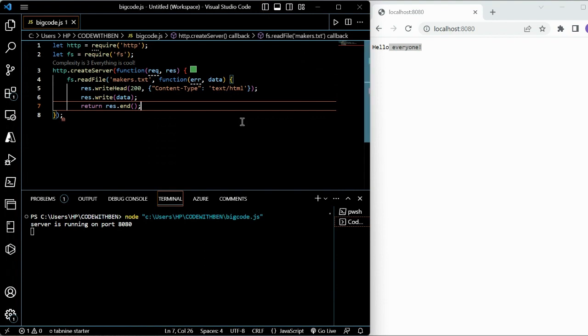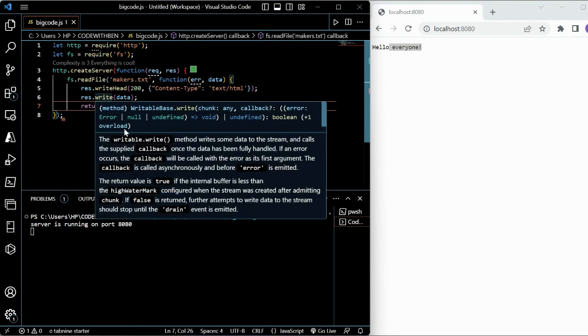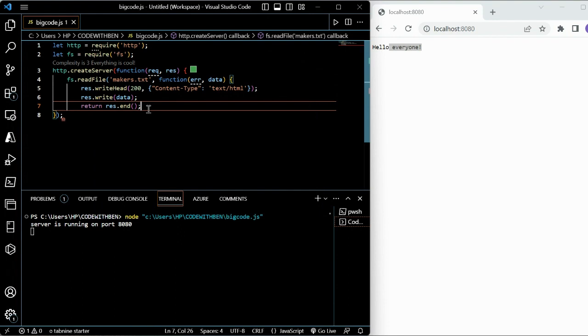Now, if you want to send a response to the browser or to the client, you can use the write or you can use the end. But when you use the write, you should always have the end, because the end basically says I'm done sending response. Otherwise, you can just write it to the end. Remember in our previous example, we didn't use the write, so we used the end. So that is another